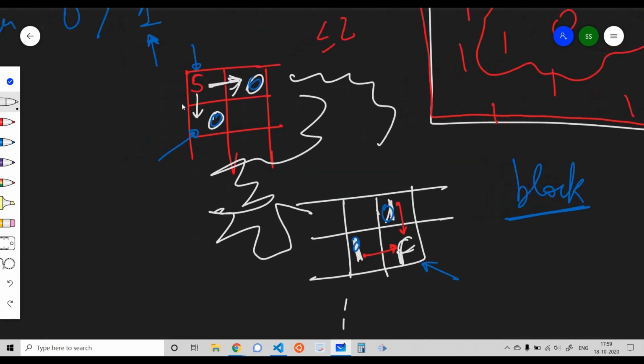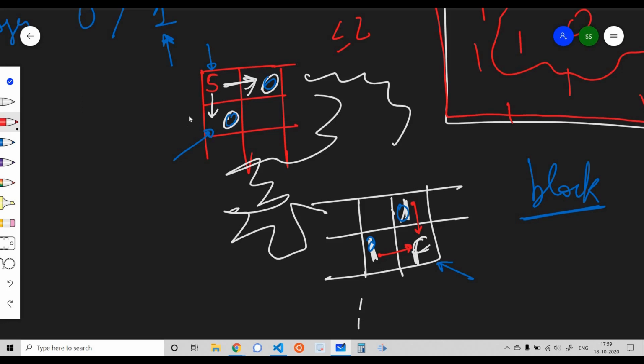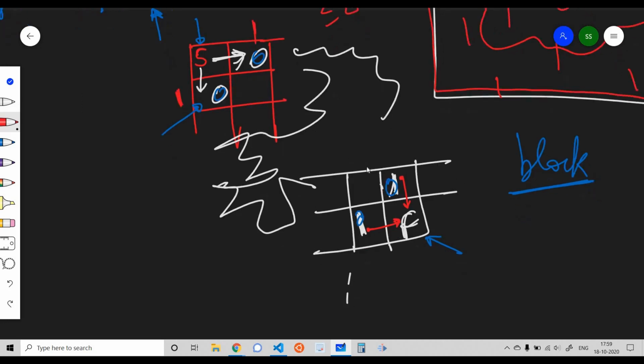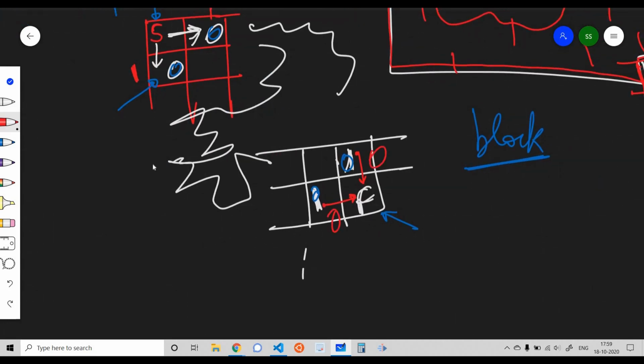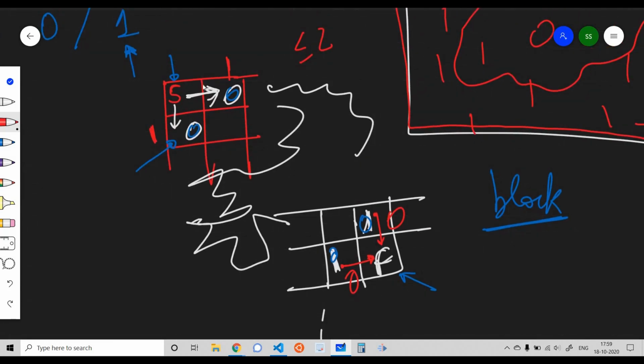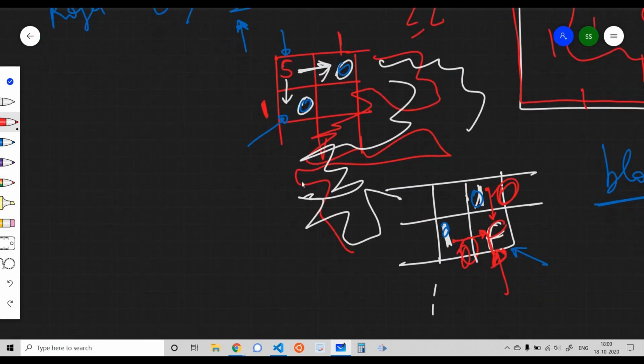And in the other case, suppose we make these 2 cells 1, then we need to make these 2 cells 0. In this case, if Roger chooses 0, then he will not be able to move to even one adjacent cell. And if he chooses 1, yes, he might travel around the grid through many cells, but he will not be able to reach the final state, as the 2 cells adjacent to the final state are containing 0. That's the main logic.